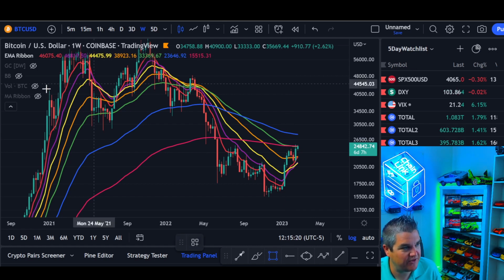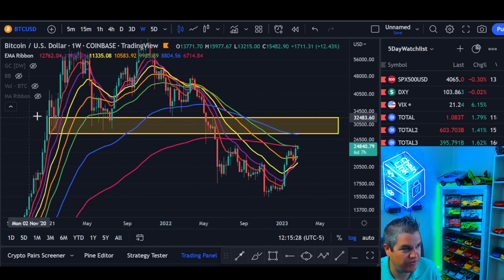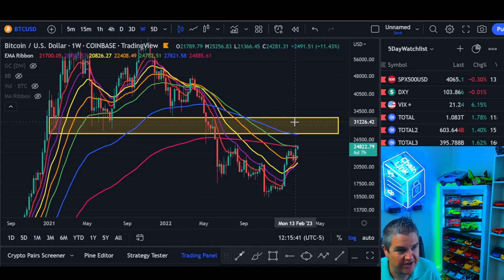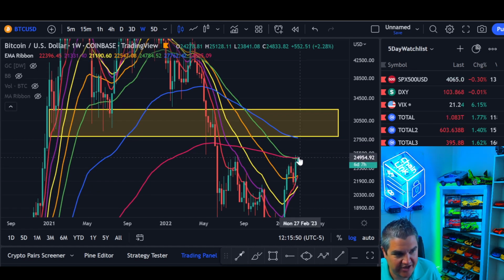But not only that, if you look over from the previous kind of exhaustion move, the initial kind of breath on the last bull run, right? Early 2021, summer 2021 right here. That's kind of that zone that starts around 28K because of the 100-week. These lower wicks back here, you can see even initially back in early January of 2021, we kind of hit 28K. So 28 to 30, 32K, I would say, is probably the odds